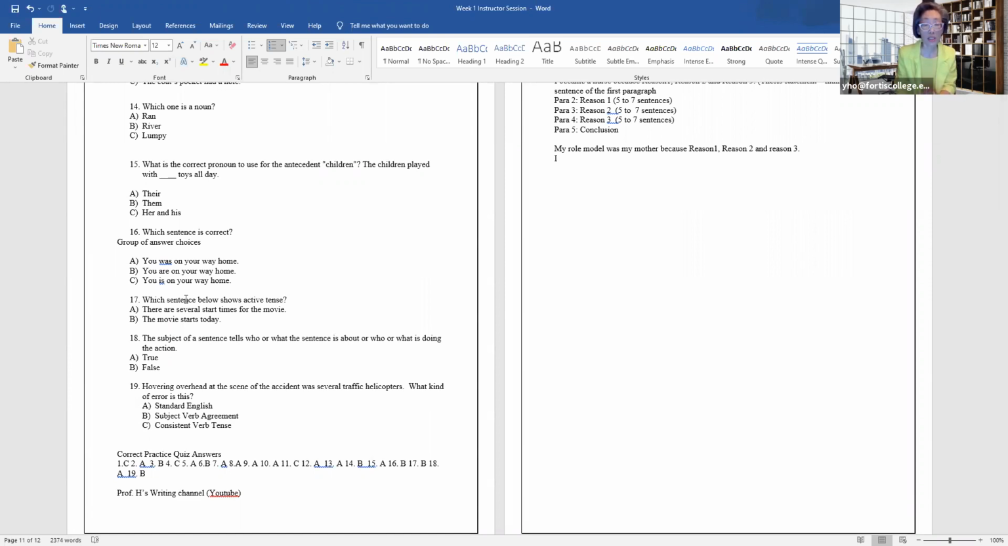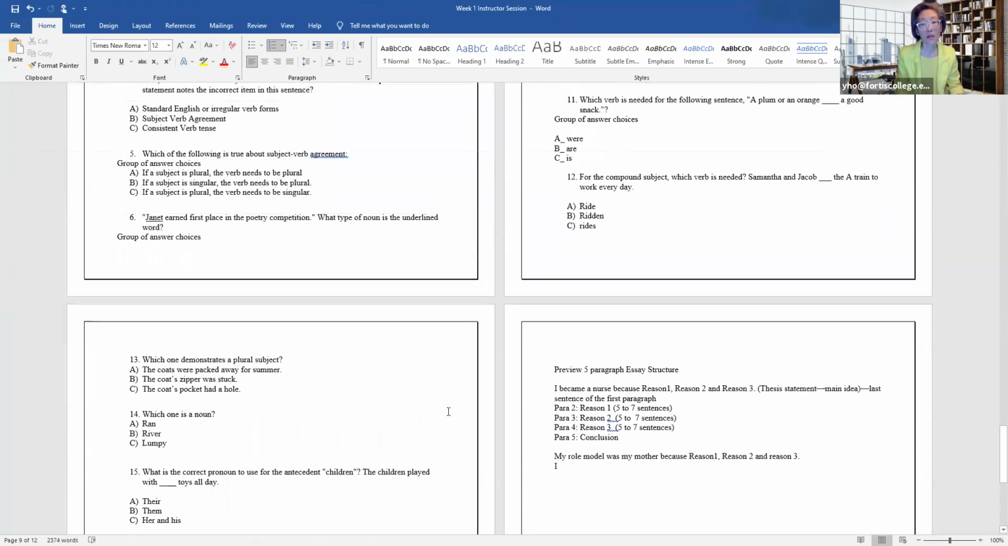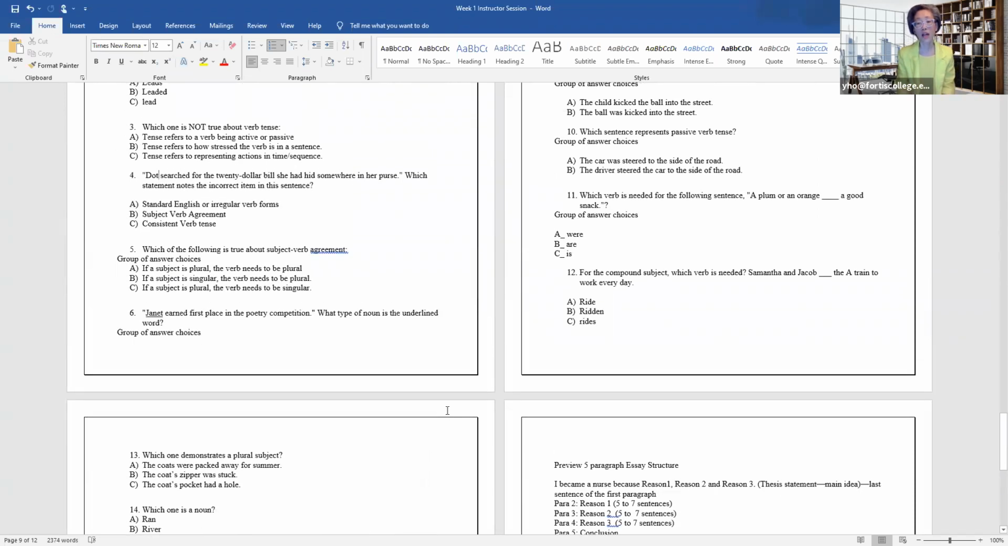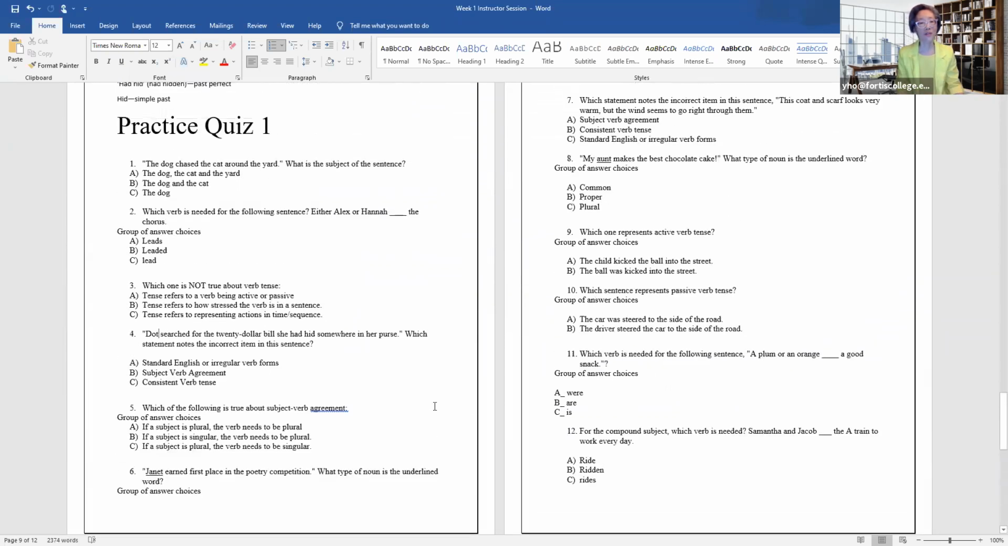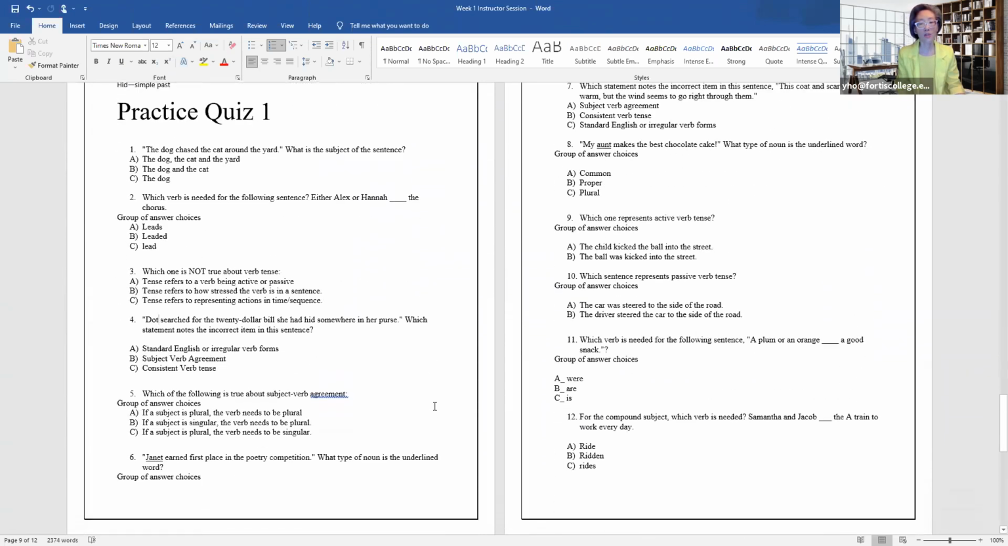The subject of a sentence tells who or what it is about. That's true. Hovering overhead were several helicopters. So that's subject verb agreement. And that's pretty much it. Did I go too fast? No? All right, so then we're at the, if you don't need any more practice for practice quiz 1, and